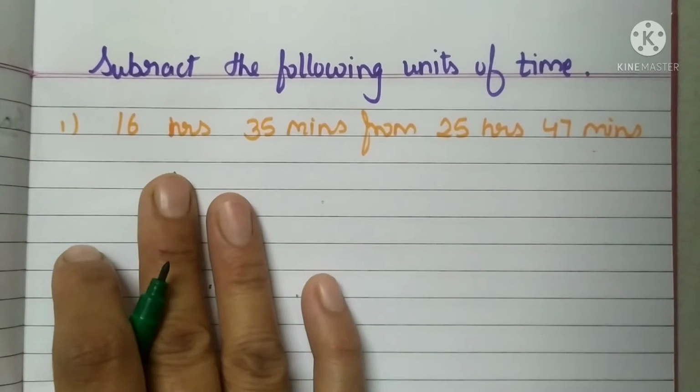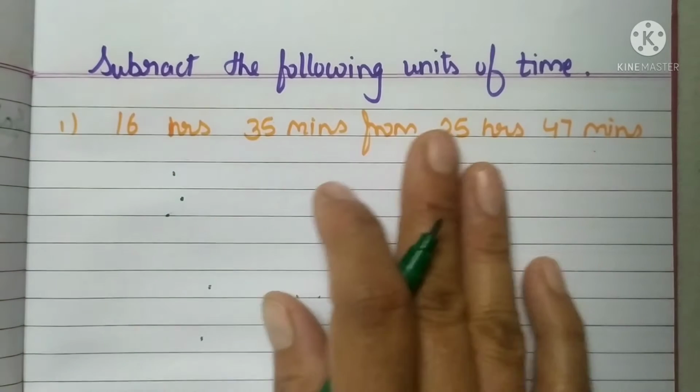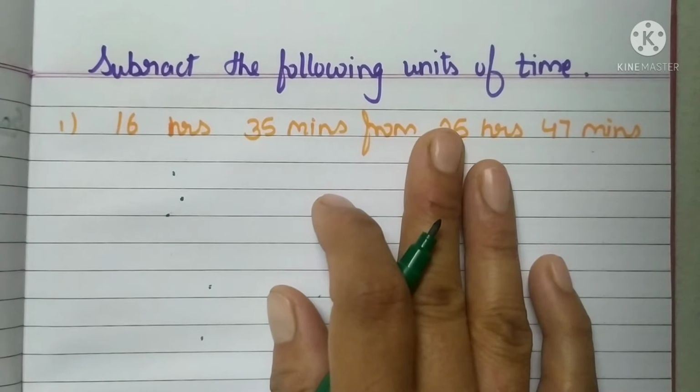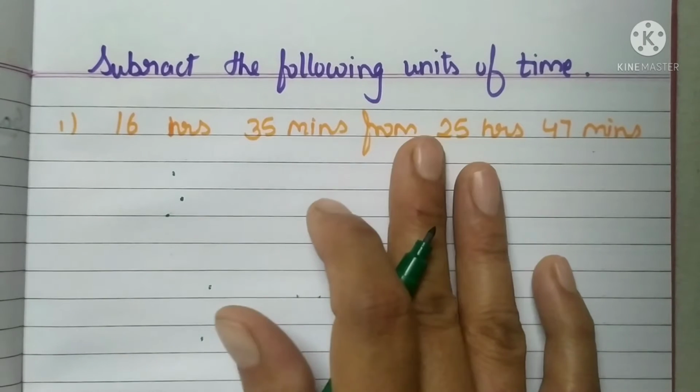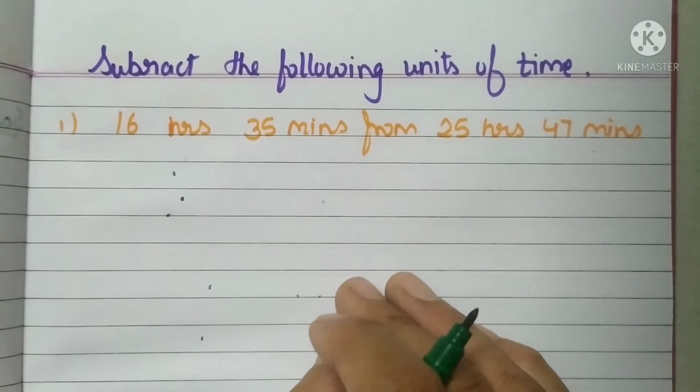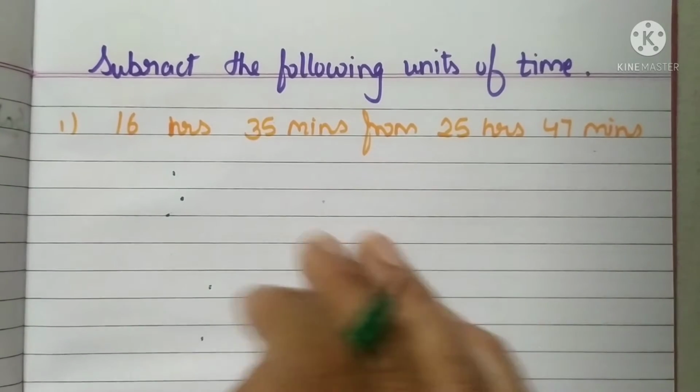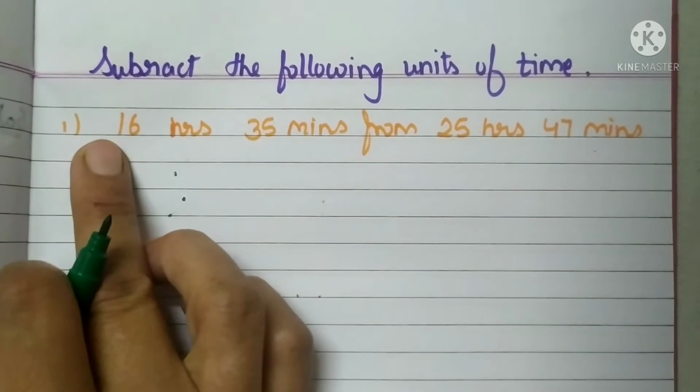In our maths class we will do subtraction of time. हमने लास्ट वीडियो में अंडरस्टैंड किया था एडिशन और आज हम करेंगे सब्ट्रैक्शन. एंड वी ऑल नो सब्ट्रैक्शन में माइनस करने में वी हैव टू राइट द बिगर अमाउंट ऑन द टॉप और स्मॉलर अमाउंट उसके नीचे सो दैट वी कैन सब्ट्रैक्ट इट. तो इसी तरह से क्वेश्चन है हमारा.